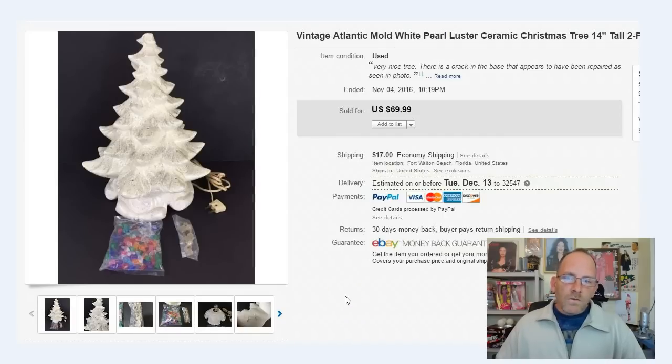Atlantic mold Christmas trees are always good sellers during Christmas time. This particular one I bought last year. I sold like 3 or 4 of them last year, and I picked this one up later in the year, like mid-December, and I didn't get it sold before the end of the holiday season. So it sat here for most of the year, and I relisted it again, I believe in October, thinking, okay, now's the time, people are going to buy them, and sure enough,